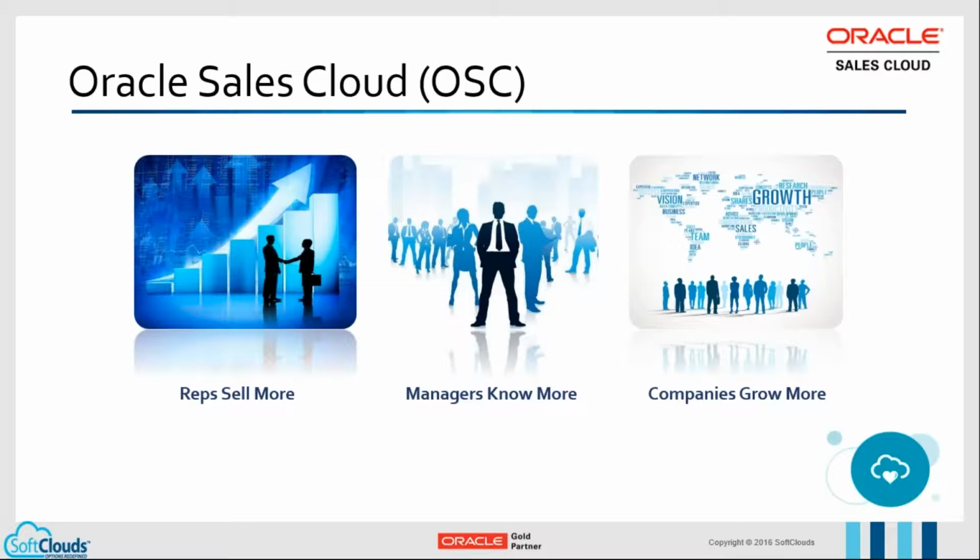The three pillars of the Oracle Sales Cloud are, in fact, reps can sell more, managers know more, and the VP, based on the information provided by the managers, can really anticipate the growth and therefore provide better service, better delivery, better installation, etc., whatever the product or service might be. Therefore, these three pillars are key to any kind of growth operation that might be out